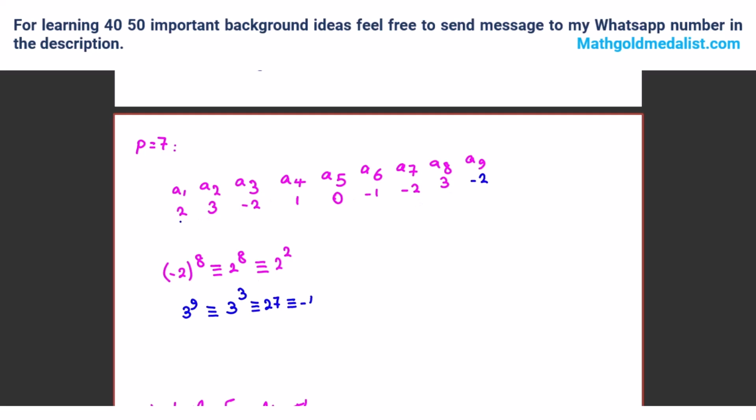So let's see, do we have a period? 3, negative 2, and so on. Here we should raise the previous one to the power of 2, to the power of 3, to the power of 4, to the power of 5, the power of 6. And we can say it is to the power of 7, we can say to the power of 1, since a to the 7 is a. This one again is to the power of 2, to the power of 3. And as you can see, this negative 2 is to the power of 3. So the next one will be the same. So if we consider this period,